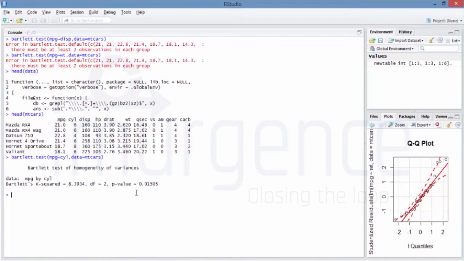Now you could use an outlier test for ANOVA also. You can test whether there is an outlier present in the data. You can just use the car library, which we have already loaded, and run outlierTest on the fit, and you will get the Bonferroni p-value, which is a corrected p-value. When you do a chi-square on different sets of data, you have to add a Bonferroni correction to that.